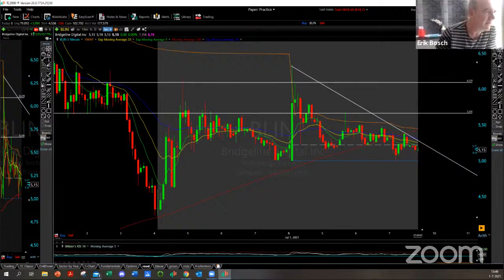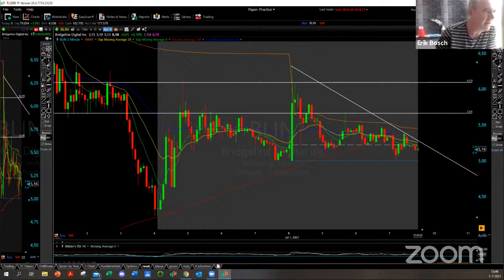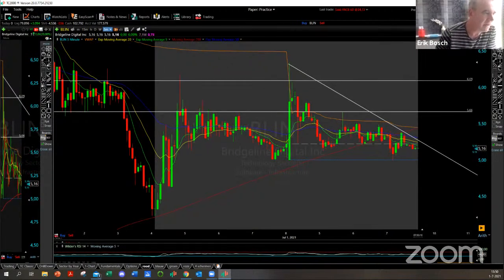So you need some kind of confirmation that this is really going to be a breakout. Trading up here, you might think, okay, I'm onto something, but the next candle pulls you right down, and you're stuck with a loss. Then it's just choppy again, tries to break out again, but the next minute candle tells you, okay, cannot do that. So what you need is some kind of confirmation in the end,